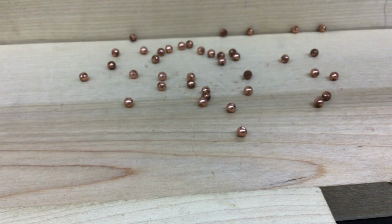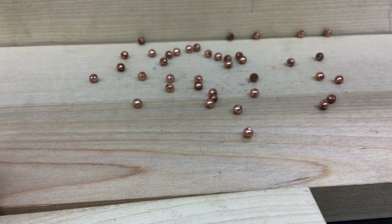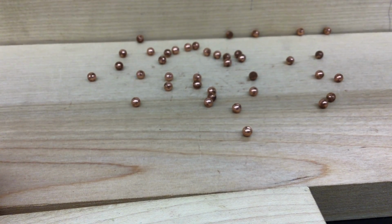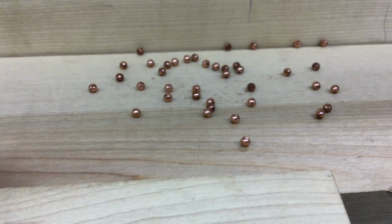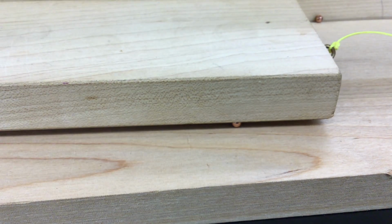So they obviously roll and they're shiny. They're not completely copper though. Copper is really expensive. So these are actually steel coated with a very thin layer of copper. You can see that some of them are getting a little tarnished. They're getting old and rusty looking, but what I'm gonna do is put my block on top of the copper